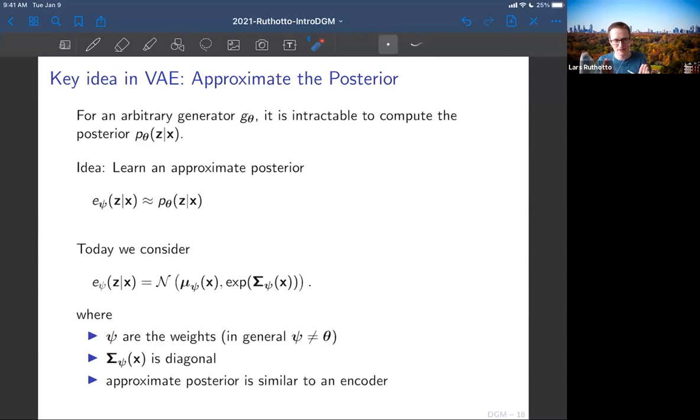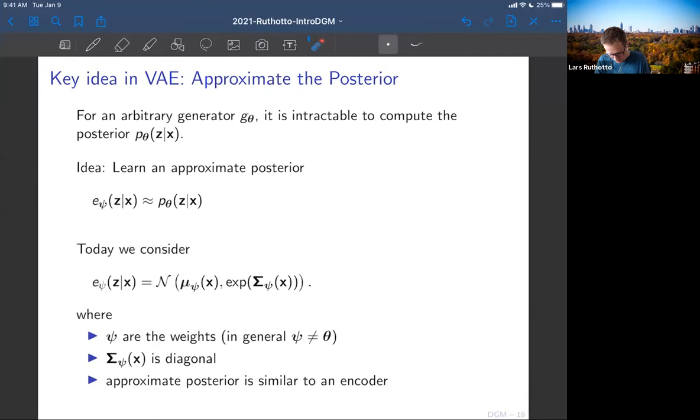Please remain really skeptical about this approach. Let me just show you how far we can push this with this rather naive idea. Okay, so again, the approximate posterior is similar to an encoder, just in the sense that it gets you from the data space to the latent space. You go from big dimension to small dimension and then back. But of course, here you have to think about this as a distribution, so you don't get a point valued thing. Maybe that's just fancy words for you. It is very similar. That's why I use E to denote it.